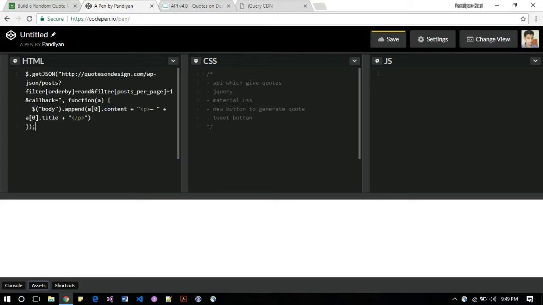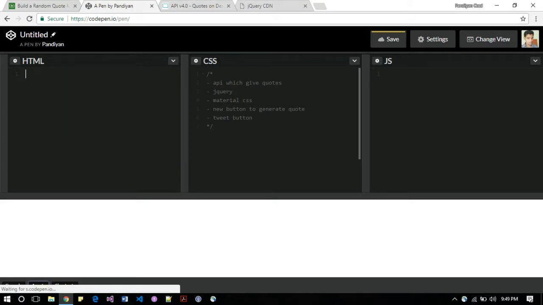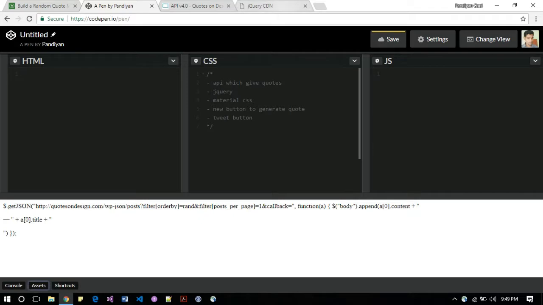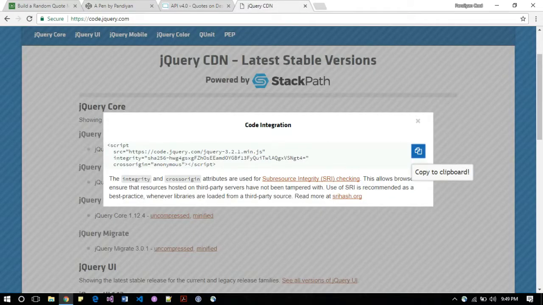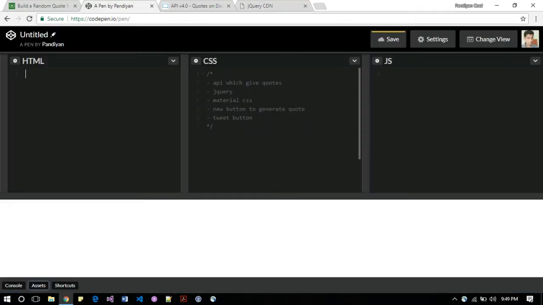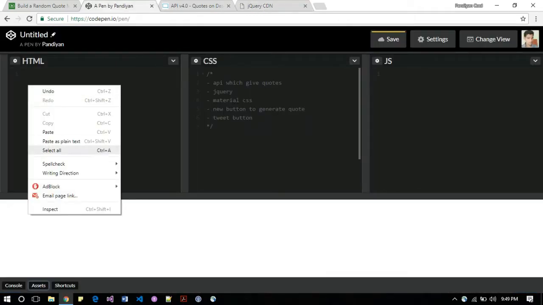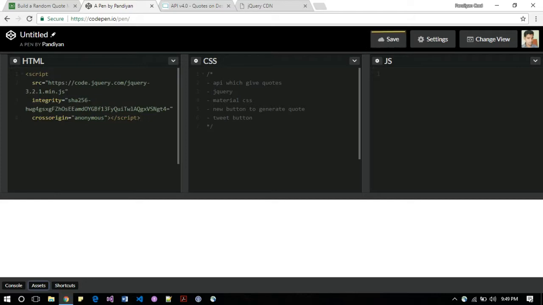I'm going to put it in the HTML. Oh, copy didn't work. Okay, I just copied this link and pasted. Yeah, it's pasted. So now I'm going to make a dollar